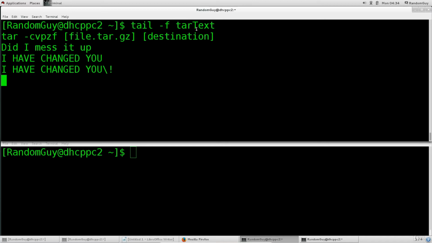Well, so not tar text, you will obviously use your own file. You can specify a path to any file that you want, as long as you have the permissions to actually pull the information out of it, you're good to go. Also, not a bad thing is when you're starting up a program,